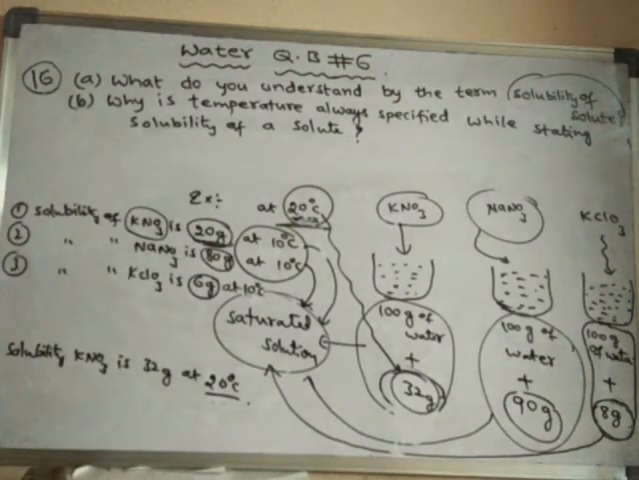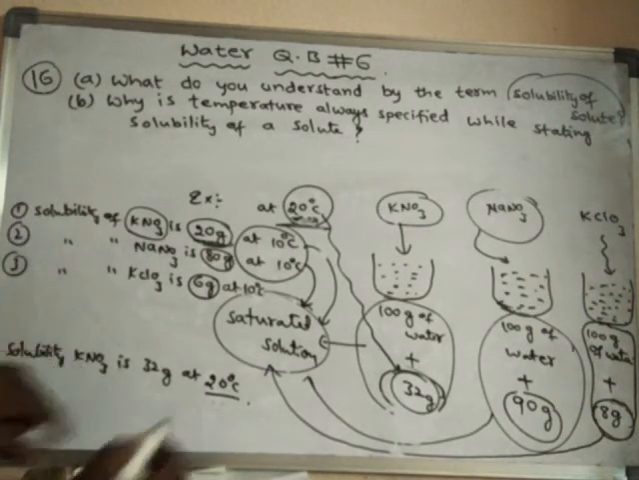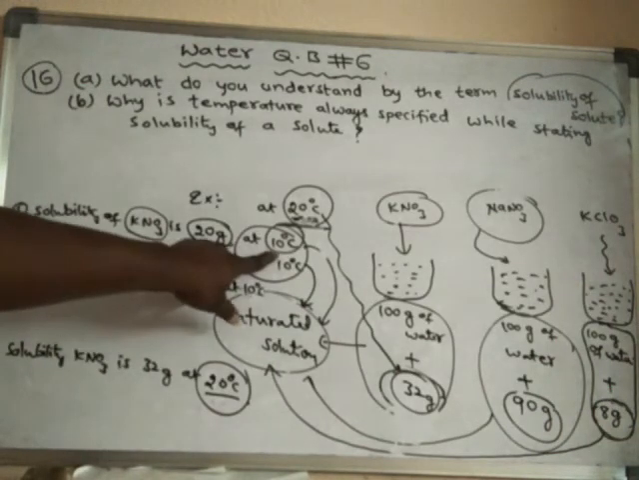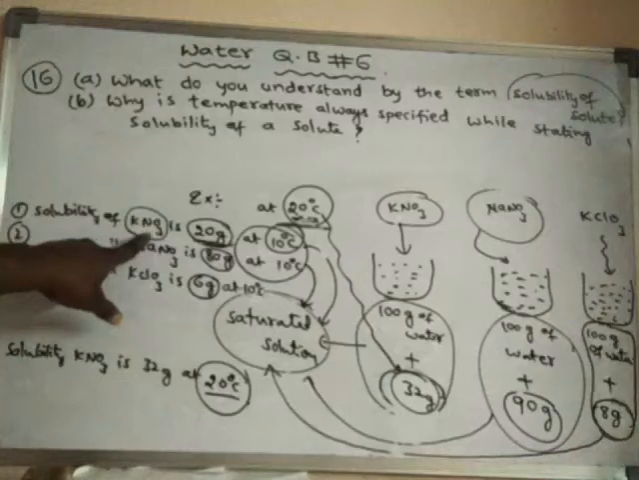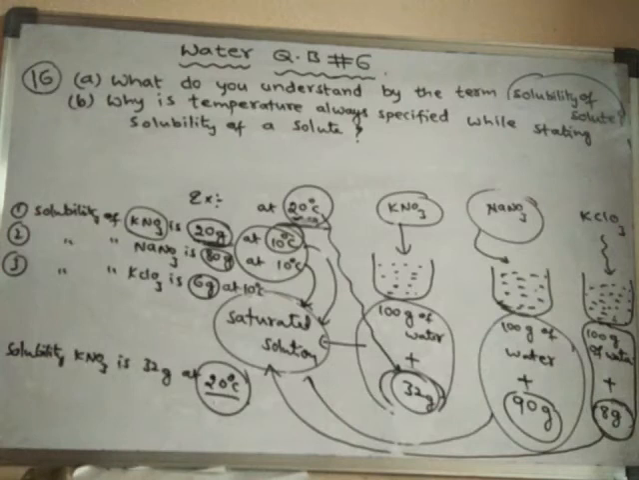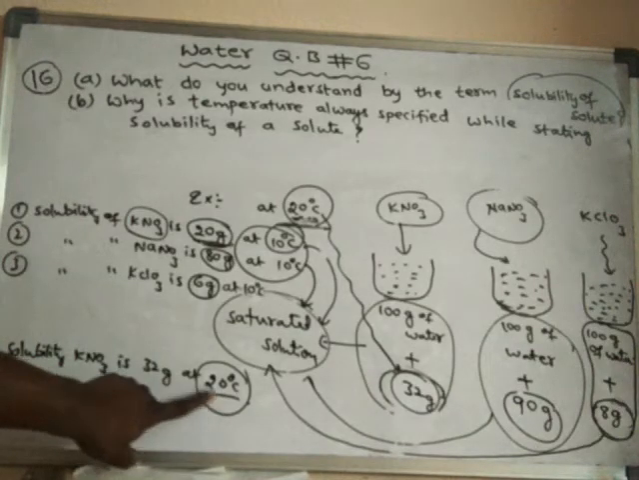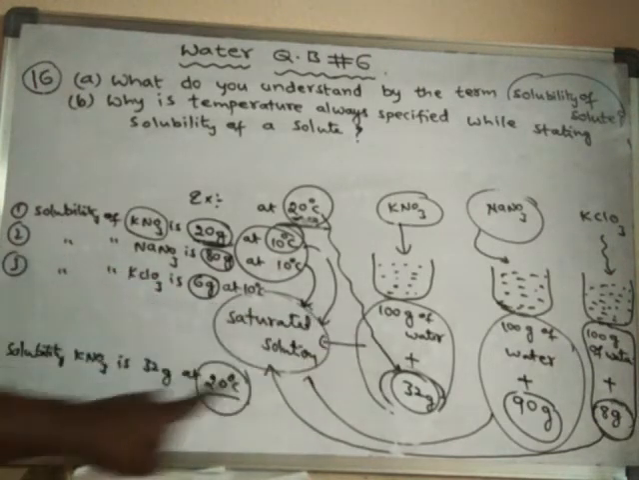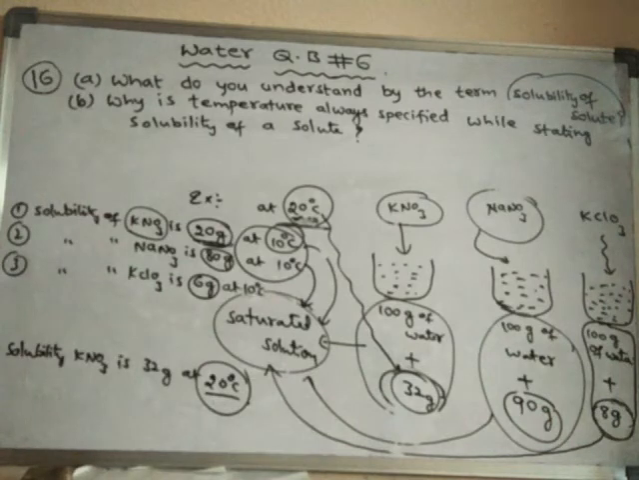Simply because the solubility of a particular solute will change with the temperature. When at 10 degrees centigrade, potassium nitrate requires 20 grams in 100 grams of water to form saturated solution. But the same potassium nitrate at 20 degrees centigrade, it requires 32 grams to be dissolved in 100 grams of water. Okay. So like this. That means